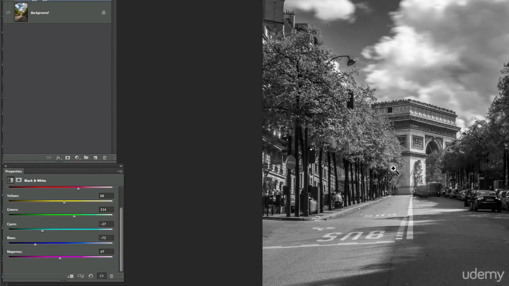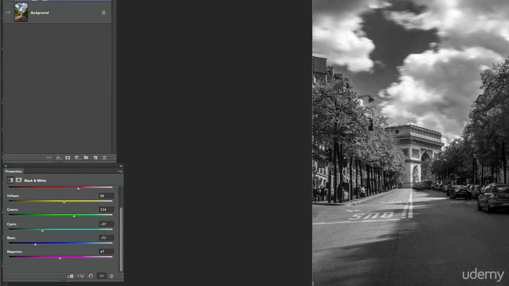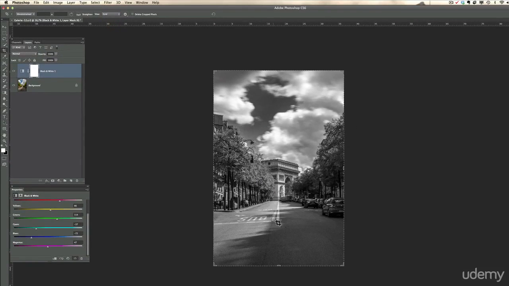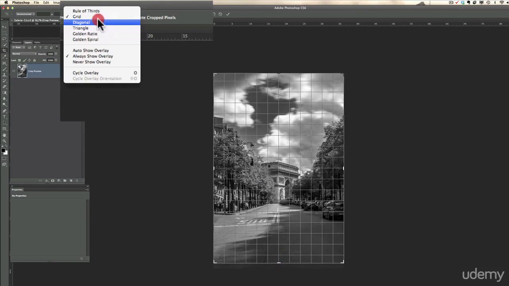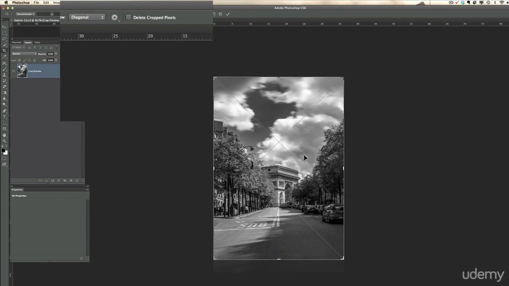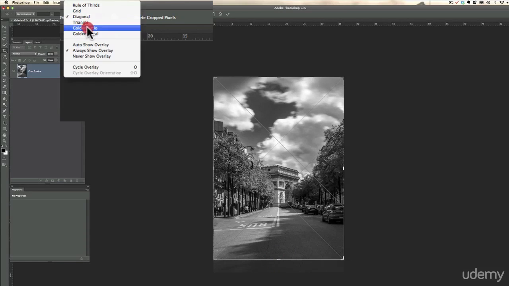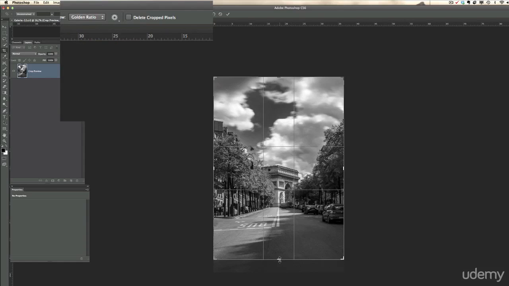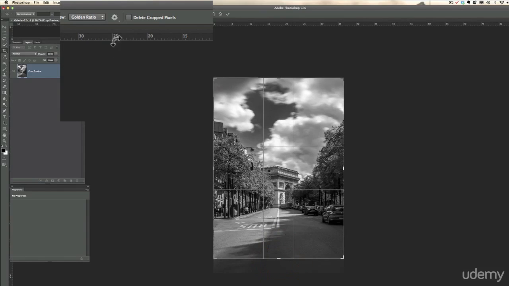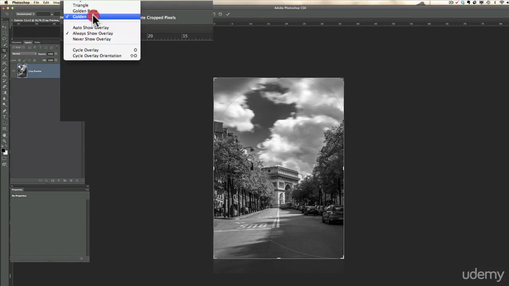Okay, so now I'm going to do a little cropping with the new crop tool, making sure that the delete cropped pixels option is unchecked. Even on the crop tool, I can use grids. I can use diagonal. There are different lines that help you crop the image. You can also use the golden ratio, which could be good for this photo, or I think we have also the golden spiral. The golden spiral, to put something very interesting in this spot. For this one, I'm going to go for the